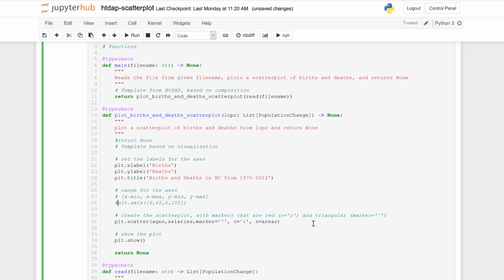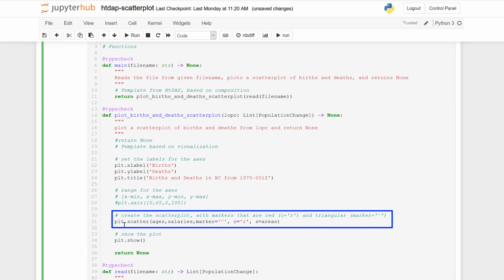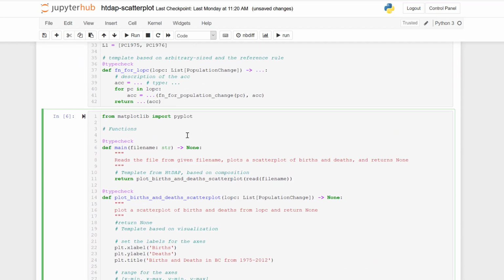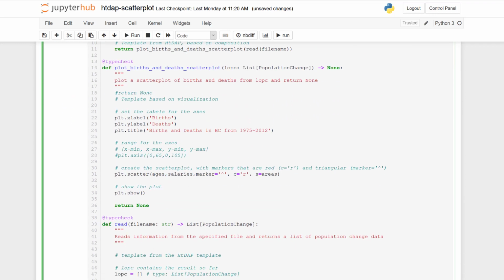Finally, I get to the line that creates the scatter plot. Looking at this line of code, I notice that it says plt.scatter. If I scroll up, I've imported pyplot as the full word pyplot. So everywhere that it says plt, I actually need to update that.